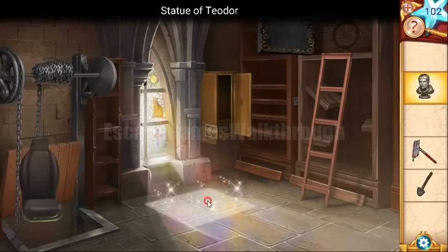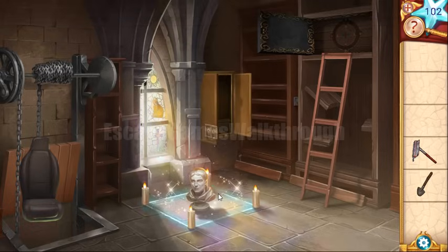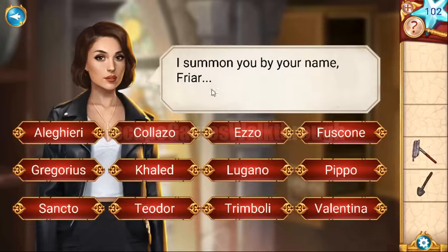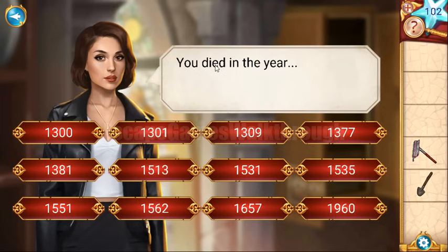So let's put it here, get our summoner set, and let's summon the monk. To summon we are to also ask some questions, and the first is his name, and his name is written here. It's Friar Theodore, and also here we can get the year of the death, 1531. So first his name is Theodore, then the year of the death is